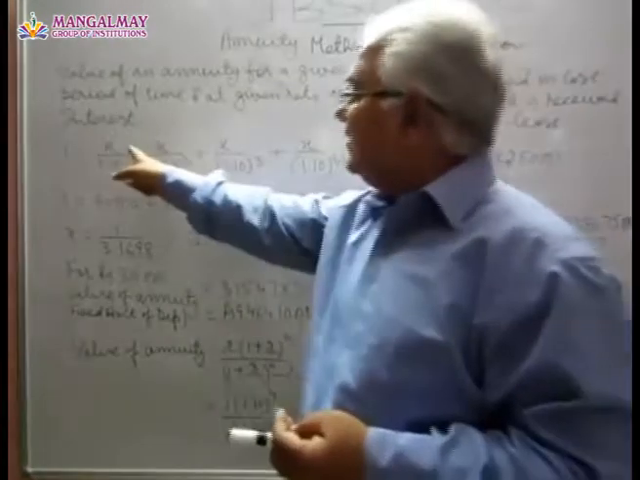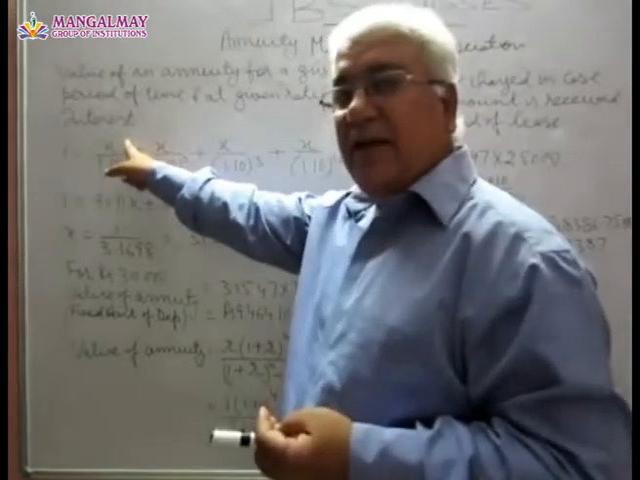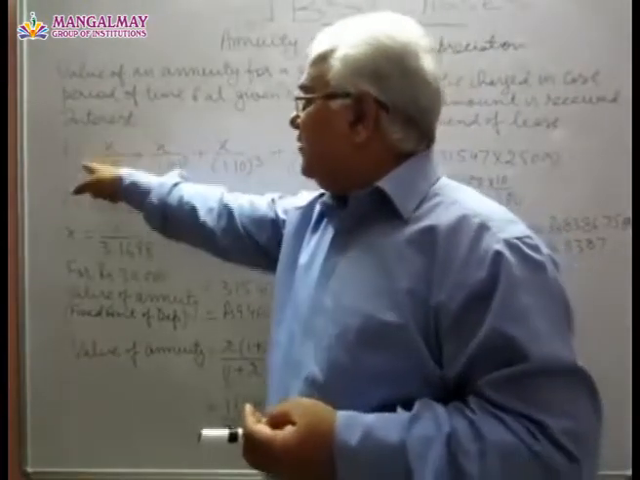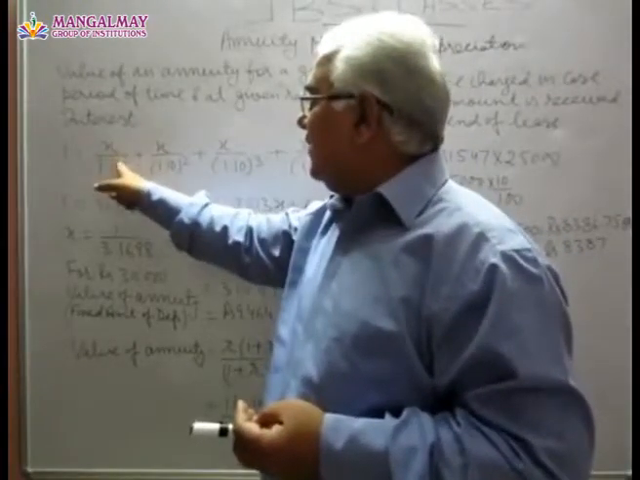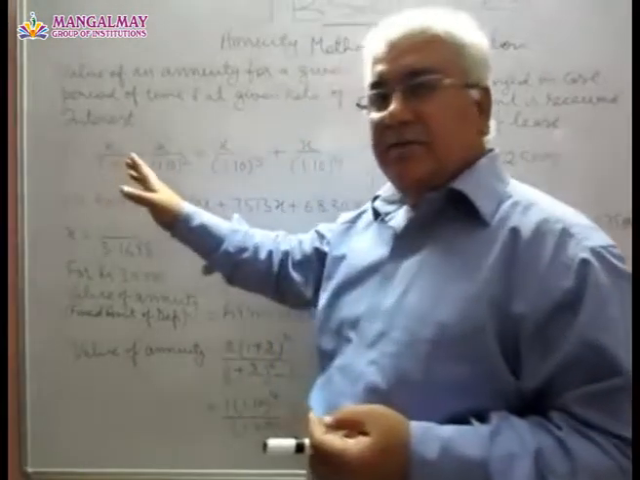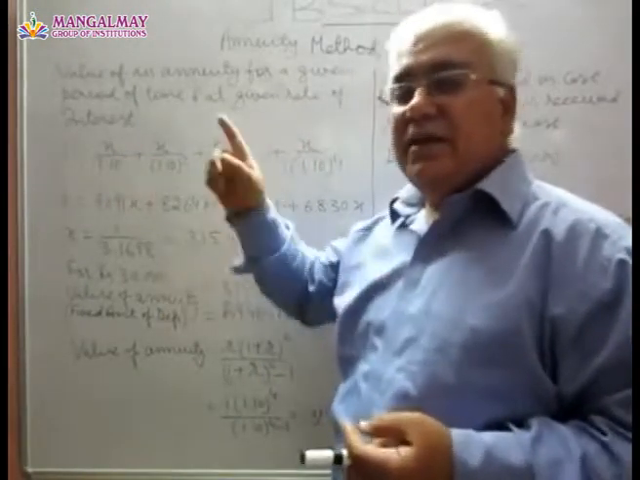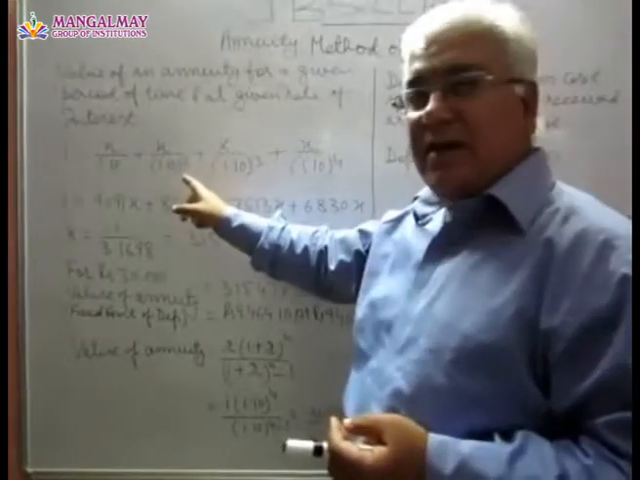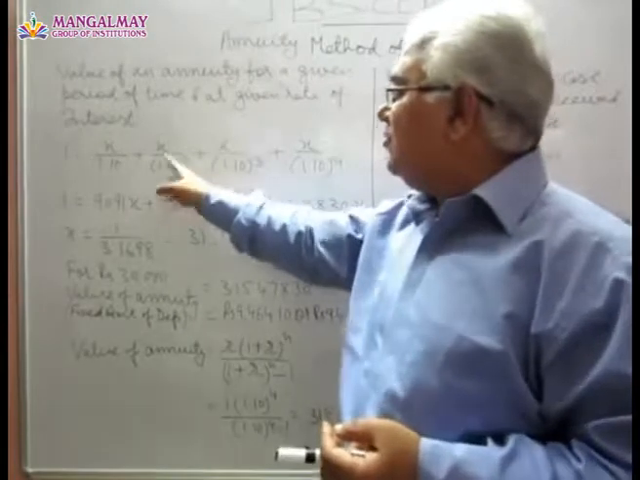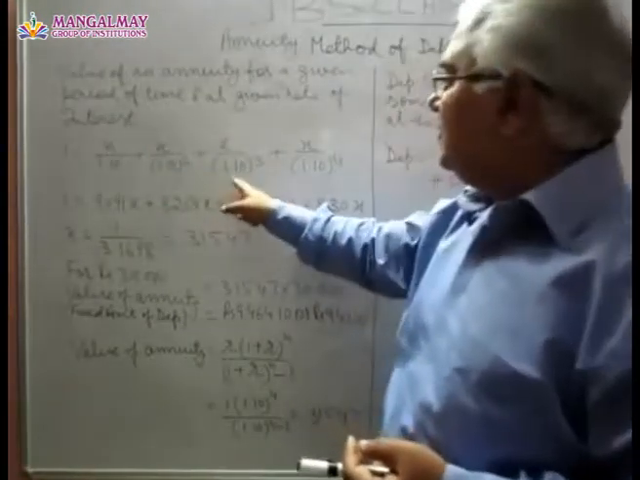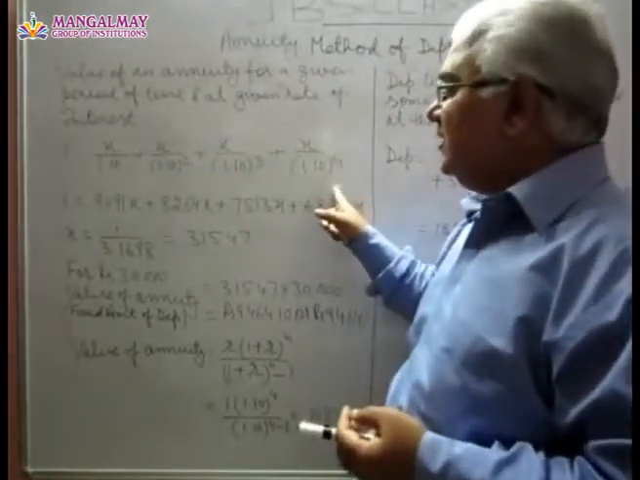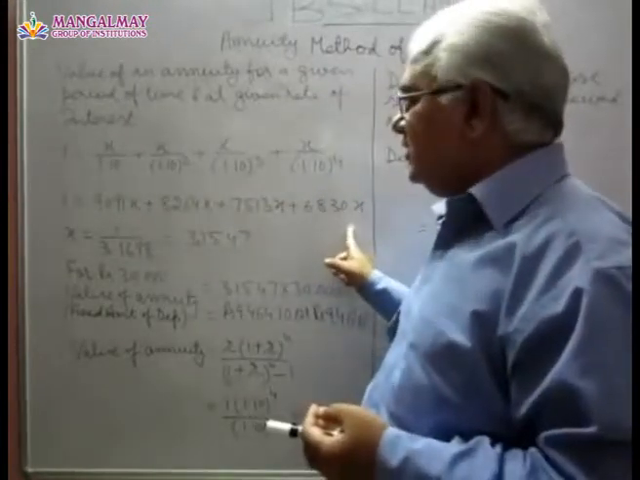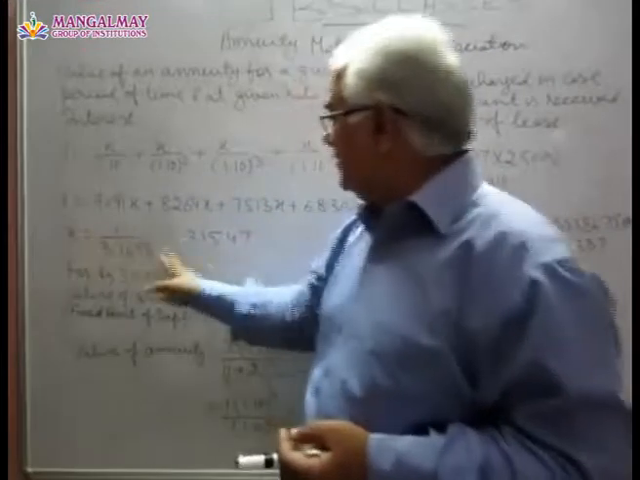So the amount of X received at the end of first year is equal to present value if it is divided by 1.10. That means if it is discounted at the rate of 10%. Similarly, the amount received at the end of second year is discounted for 2 years at the same rate. Similarly for the third year and fourth year. So after calculations are made, we have reached this. So the value of X is